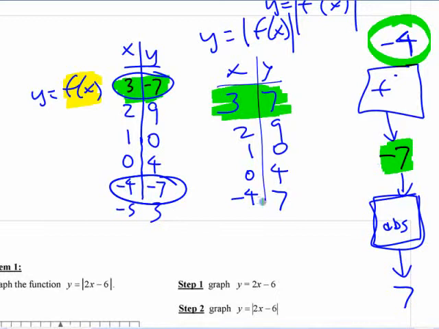So what does that mean on a graph? Well, in this point, does this point change? No, it doesn't. It's negative 5, 3. That's already positive. It came out of here positive, so it stays positive. On a graph, what does it mean? I better stop this and start it again before we find